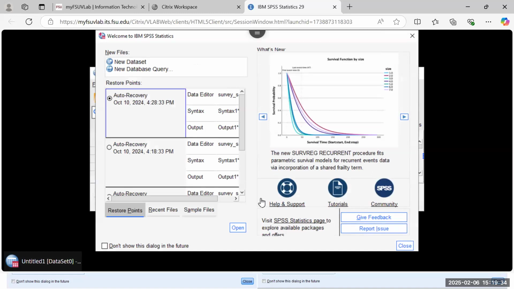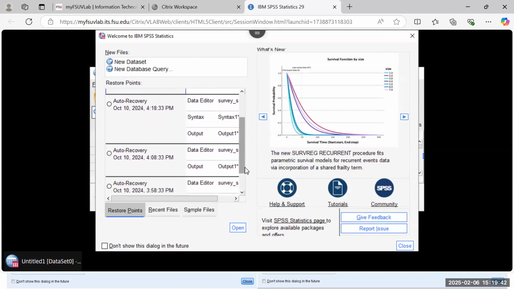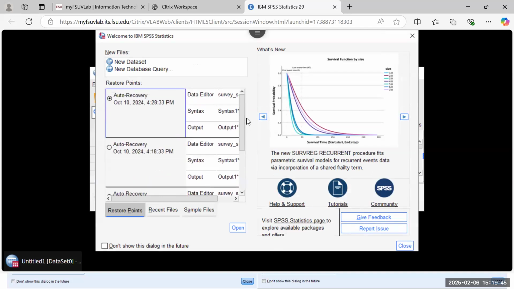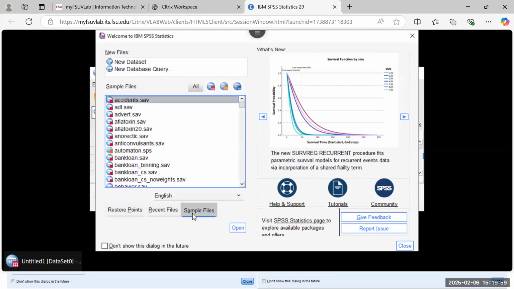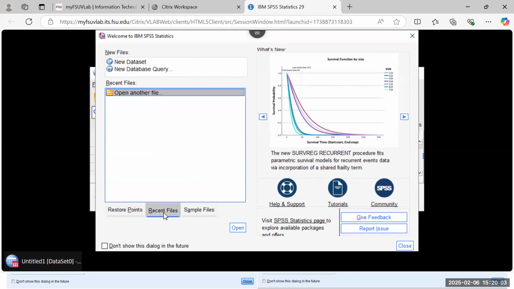Okay. All right. So because I've been here many times before, it is trying to auto recover files that I did not save. And it's probably from teaching this workshop. But I could click on new data set if I want to enter data directly into SPSS. I can go to the recent files, and then I can open one and then sample files. I'm going to do a sample file, but before I get to that, what I wanted to tell you